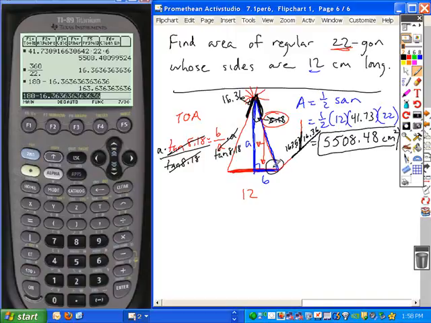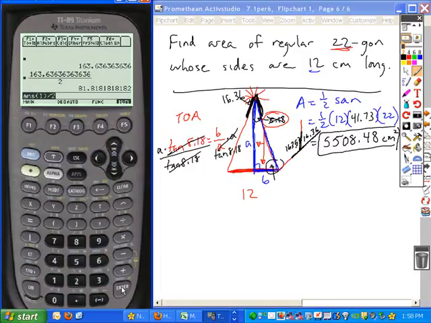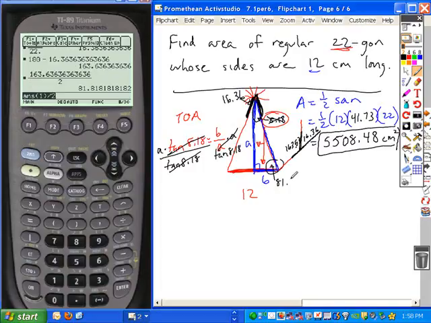And so each interior angle is going to be 163.63. And so how would we find this base angle from that? Divide by 2. And so this base angle would be 81.81, which is consistent with the other angle being 8.18. We could have just found that complement. Okay, and now if we have this angle, we have a side opposite and a side adjacent. We're still dealing with a tangent ratio, but this time the tangent of 81.81 continuing is equal to opposite A